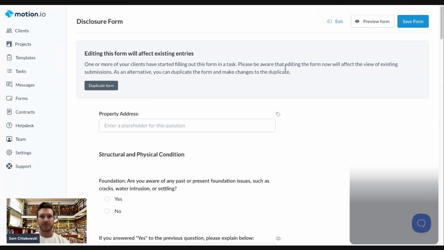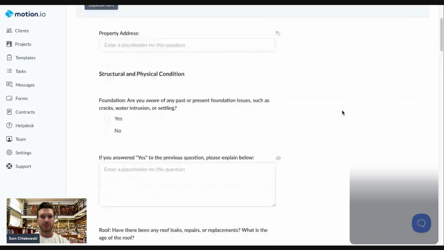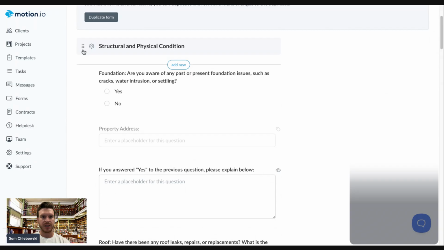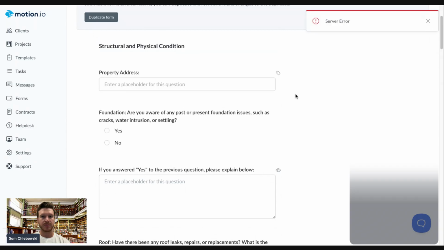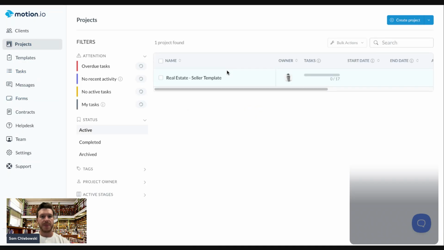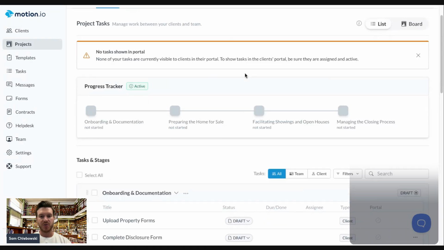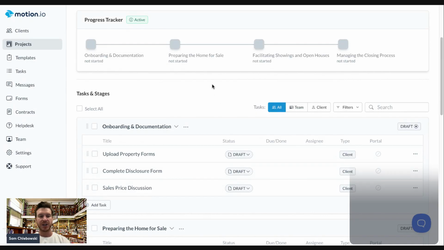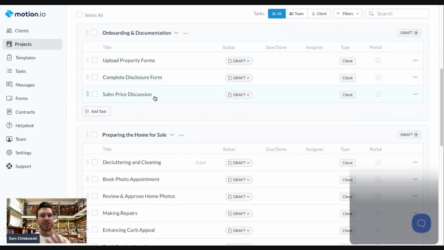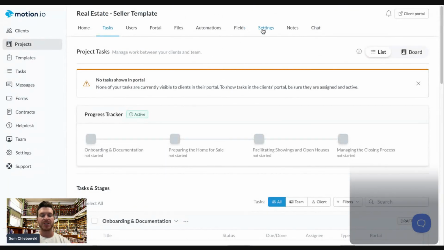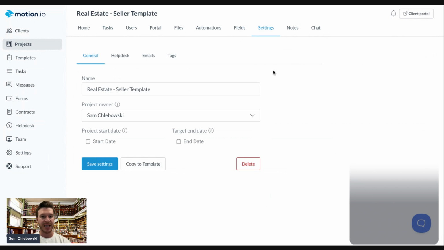One second here. Just duplicate this. Okay. So now I have set up this project to where I think this is pretty much ready to go. So I've created this initially as an active project, but let me go ahead and I'm going to turn this into a template. And as I had mentioned,